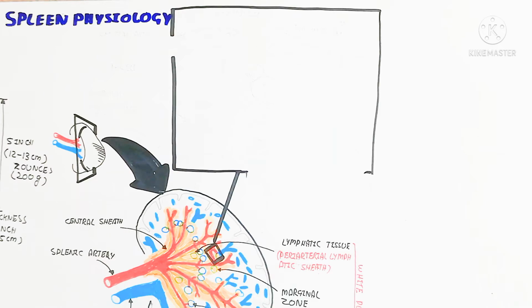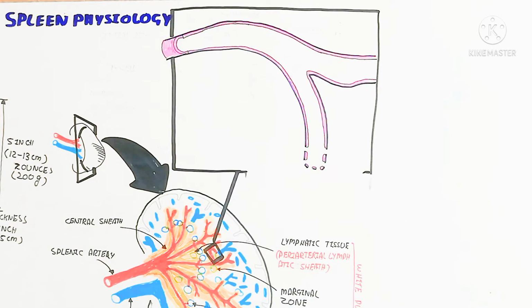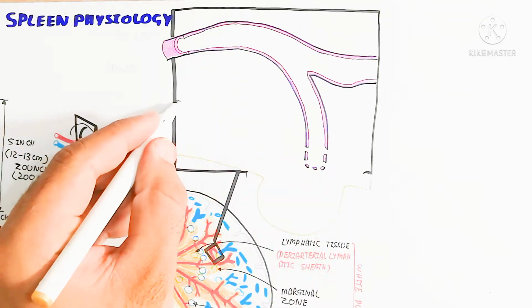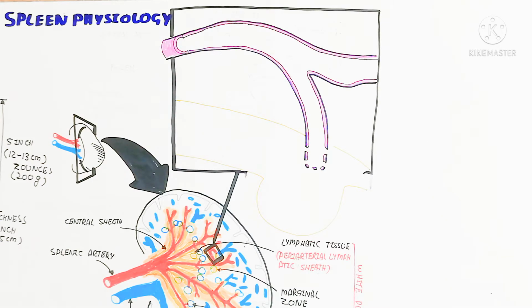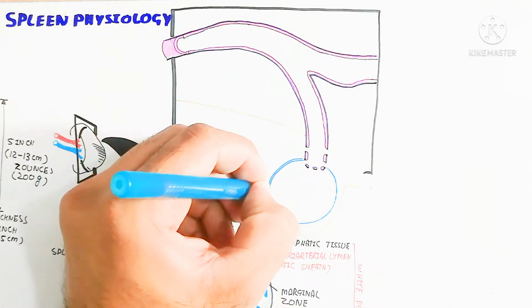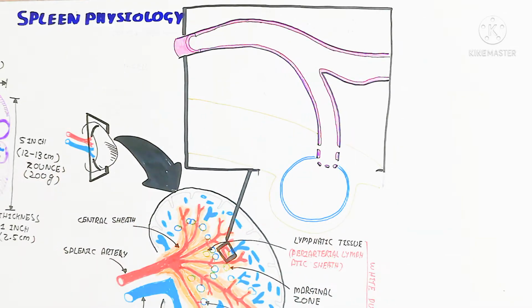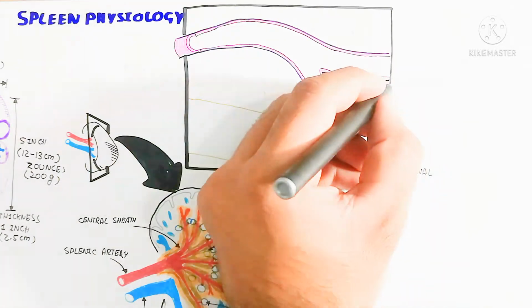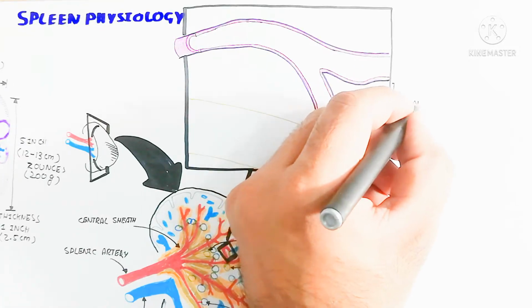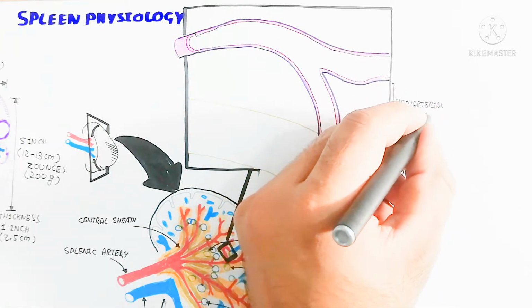In this way you can see this is the central artery, and the central artery basically provides dendritic cells, antigen and red blood cells. When the red blood cells go into the follicle, here you can see this is the marginal zone, and this marginal zone contains a follicle. This follicle contains follicular B cells. B cells are basically used for the production of antibodies, as we will discuss further. So here is the marginal zone, and here is a periarterial lymphocyte sheath.